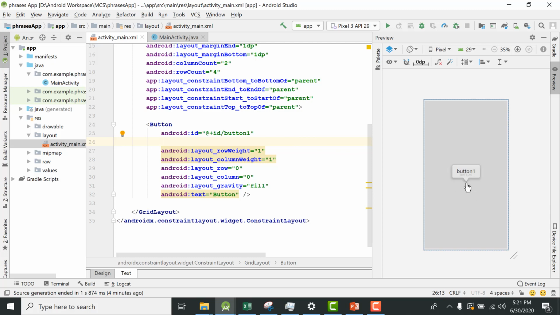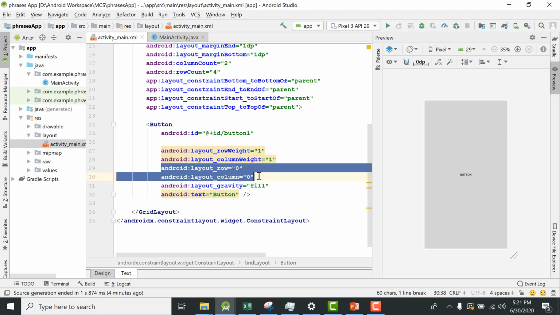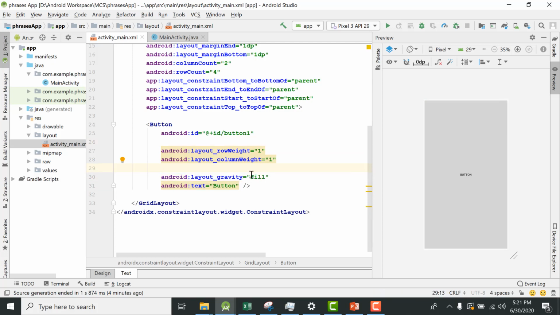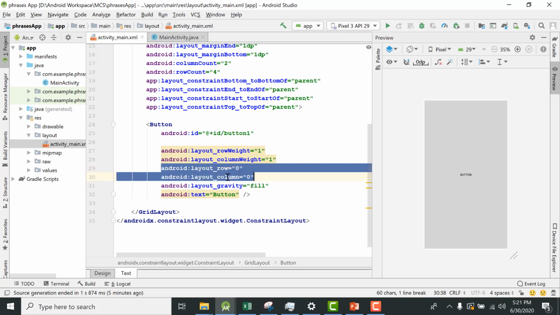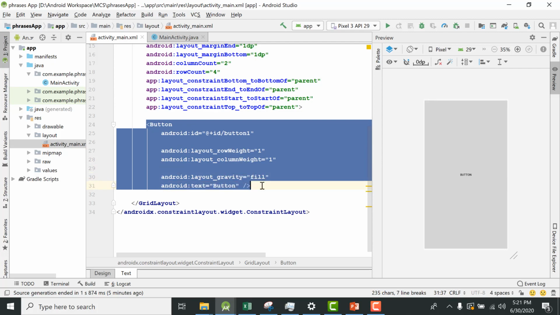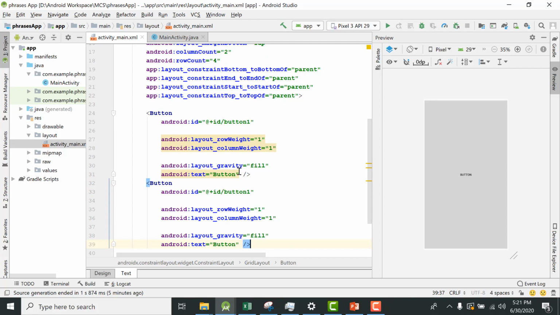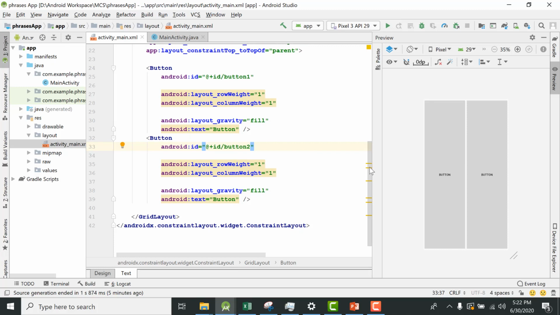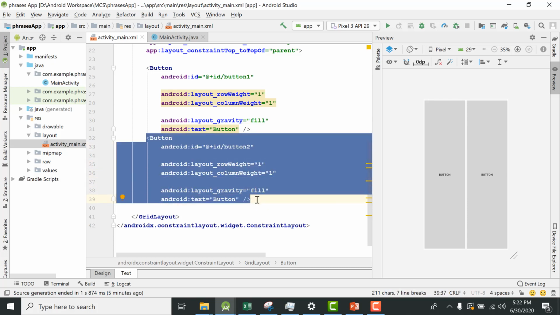So there is one button, but if we start adding buttons to our grid layout, let me also remove the layout row and the layout column, because I want to make this button object as simple as possible. So let me add another button, and let me say it's button 2, and now you can see that two buttons are added and they are taking the same space.